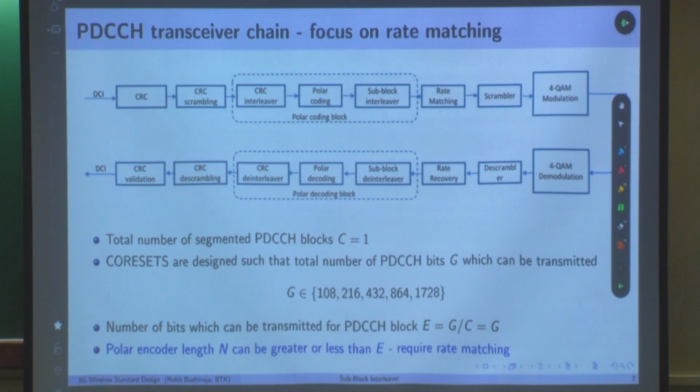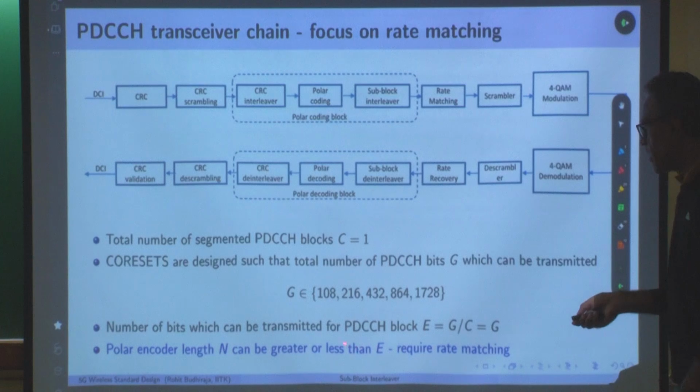It requires rate matching, correct? You are generating N bits, but you are allowed to transmit only E bits. By the way, N is the output of the polar encoder, so the polar encoder length can be greater or less than E. So let's see,